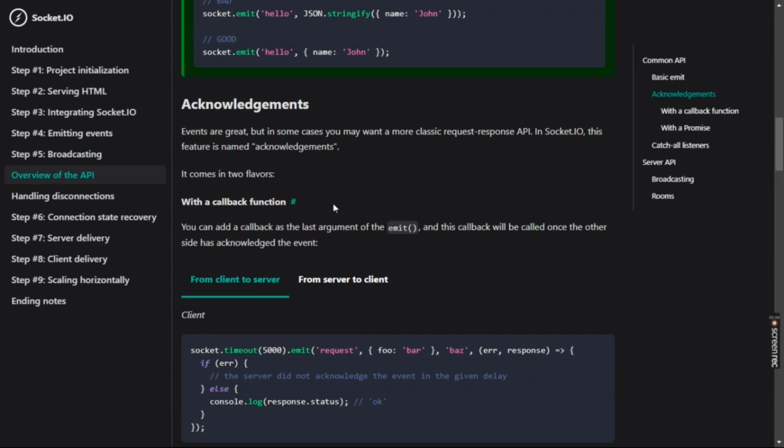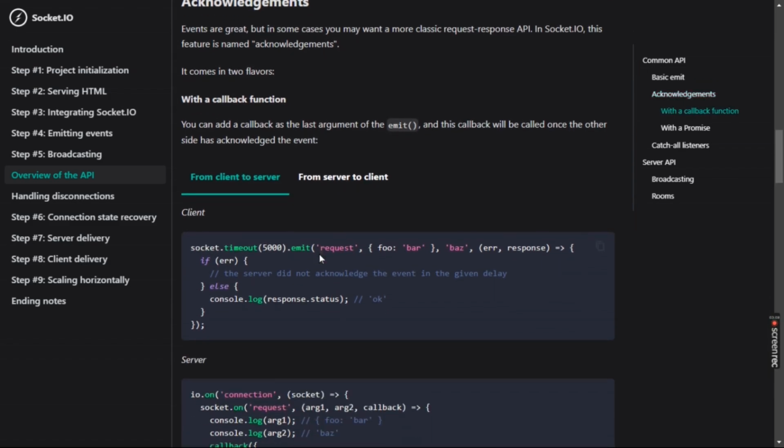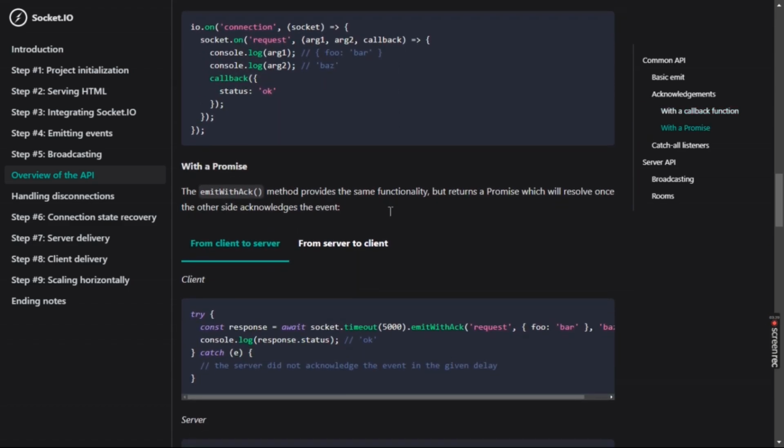With a callback function, you can add a callback function as the last argument of the emit, and this callback will be called once the other side has acknowledged the event. So when we put this code, it will be called, and if it's received on the server side, it will get a response. And with a promise, the emitWithAck method provides the same functionality but returns a